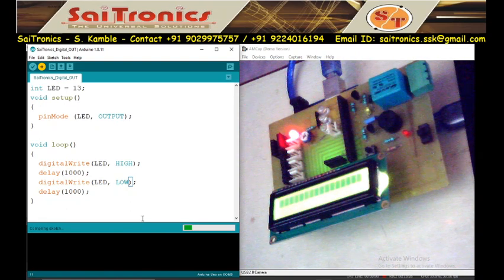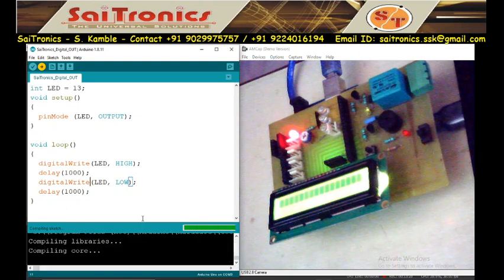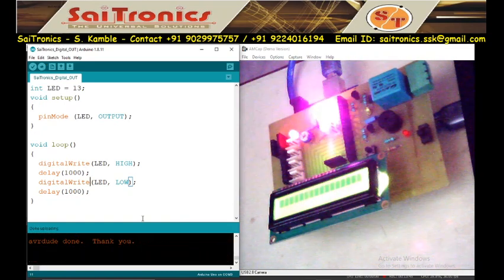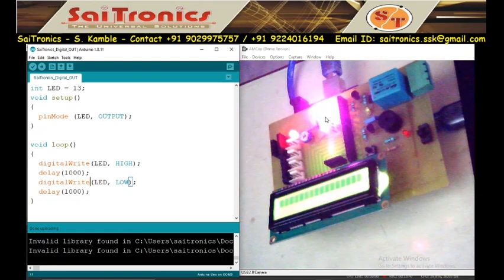In Cytronics there is one product, LED sign boards. In LED sign boards we are using this technique. We had connected n number of LEDs, near about 500 LEDs, and we are giving signal to turn the LEDs on and off. After this we will see that video. Now uploading the code. Done uploading, and see this pink LED turns on and off, 1 second on, 1 second off.